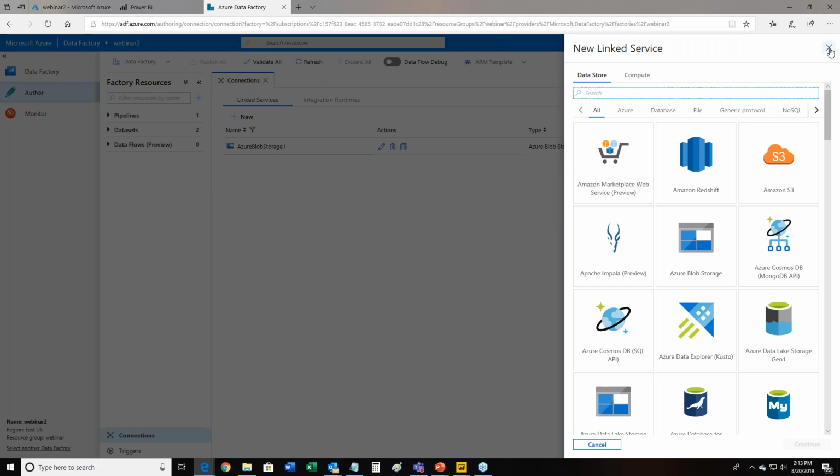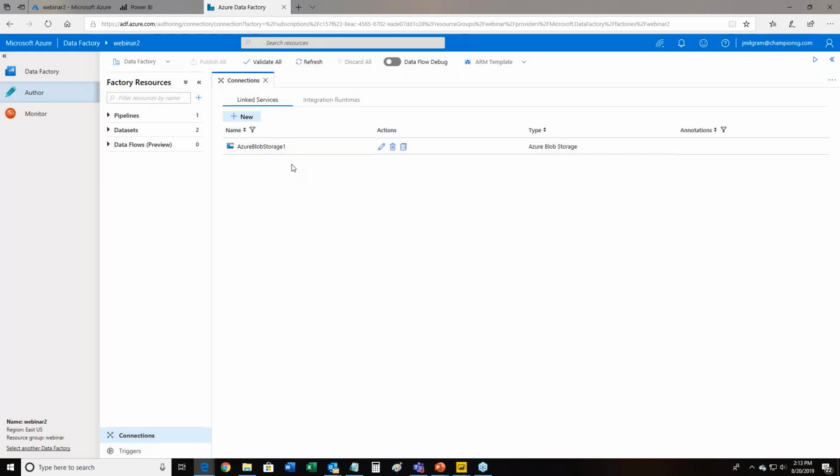All right, so that's how you do a connection. And I already did one to an Azure Blob storage account. Not very exciting, but it's my connection. And in it, I put in two data sets, input data and output data. And then I created the pipeline.